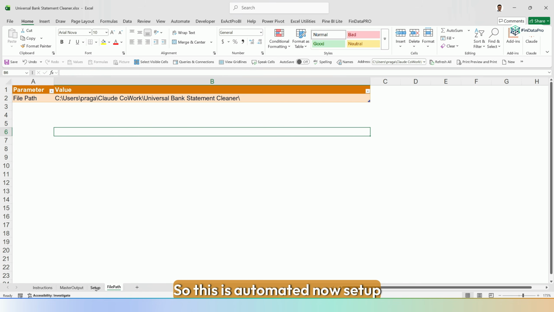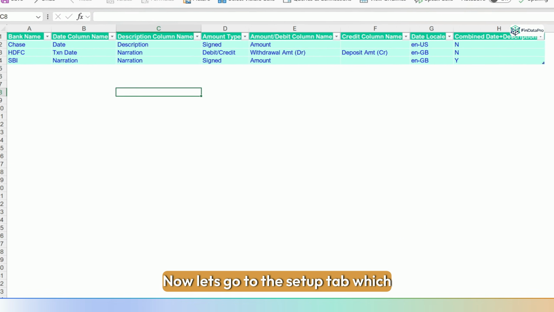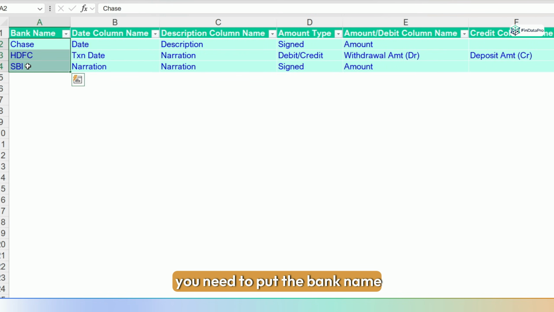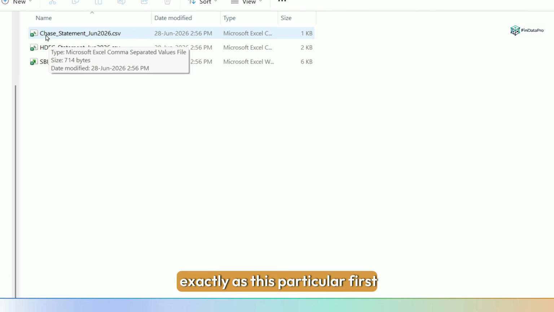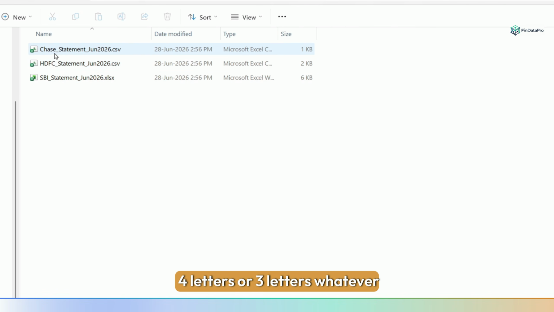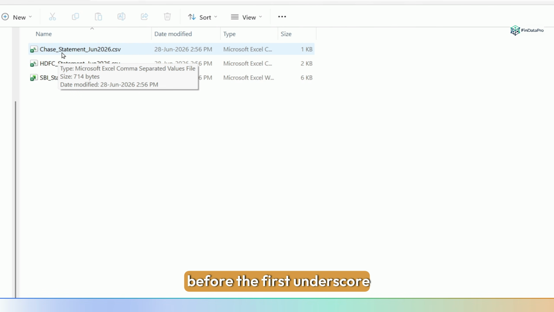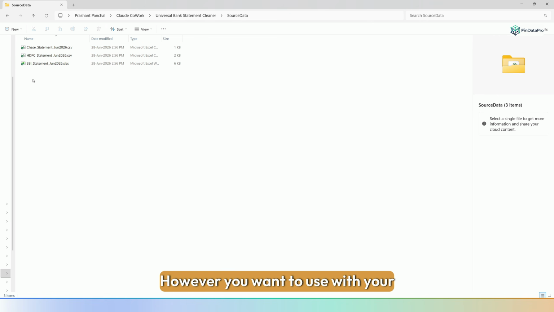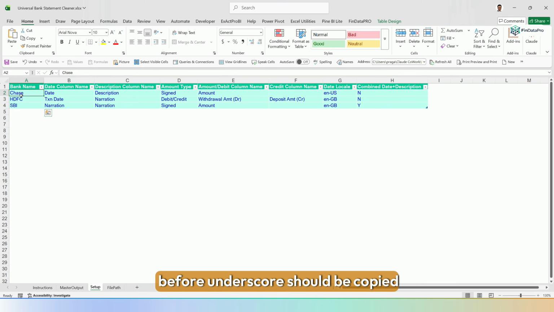So this is automated. Now let's go to the setup tab, which is a very important tab, and here you need to put the bank name exactly as the first 4 letters or 3 letters, whatever, before the first underscore. So bank name, abbreviated name or full name, however you want to use with your bank statement files, that is CSV or Excel, whatever you put before the underscore should be copied here. So that is the bank name column you need to fill in,